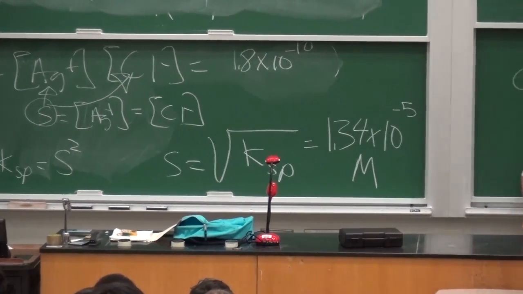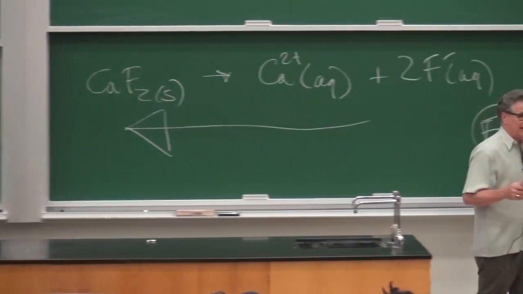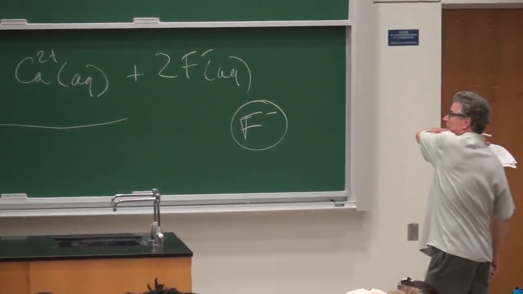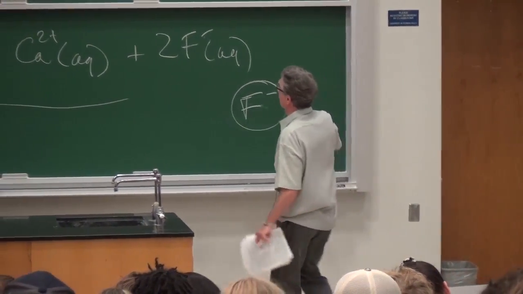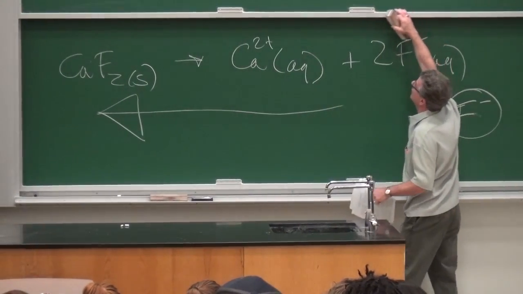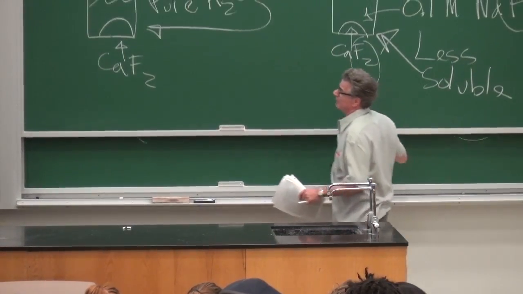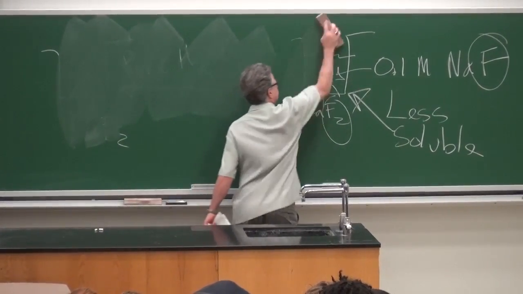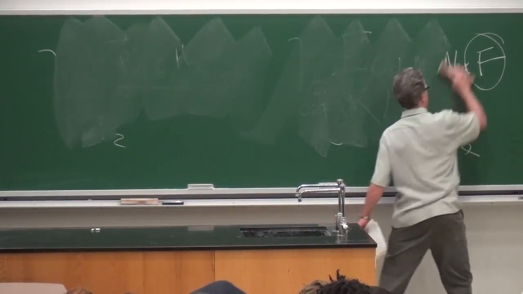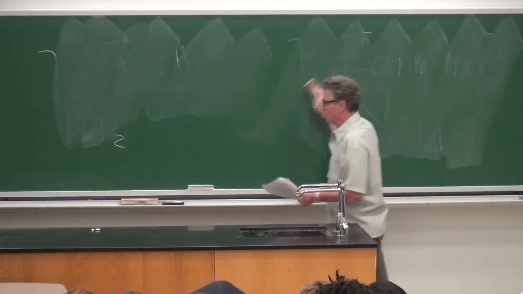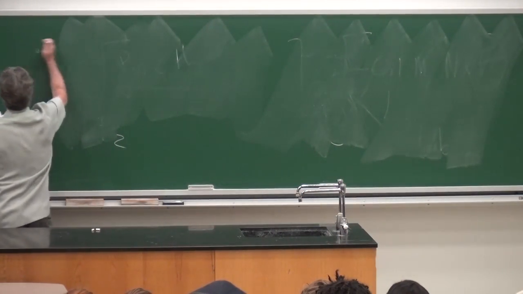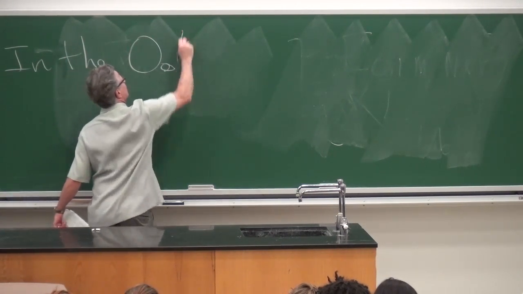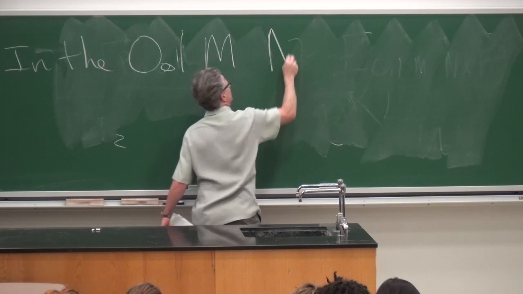Now, we predicted, or Le Chatelier, our friend Le Chatelier predicted that when we've got this soluble common ion, it's going to push the position of equilibrium back to the left. So we should calculate a lower solubility. So we could say in the 0.1 molar sodium chloride,